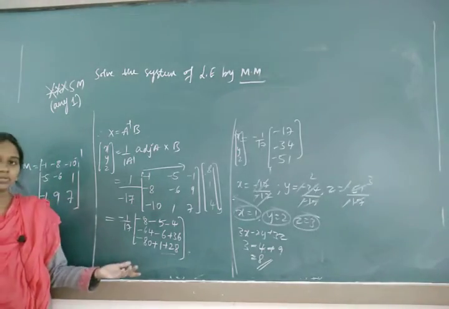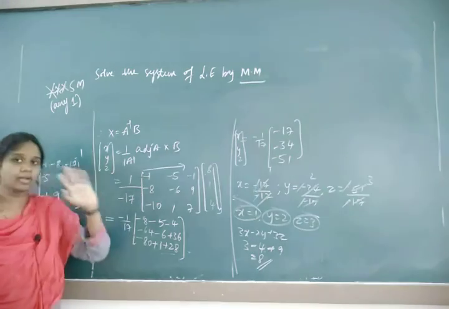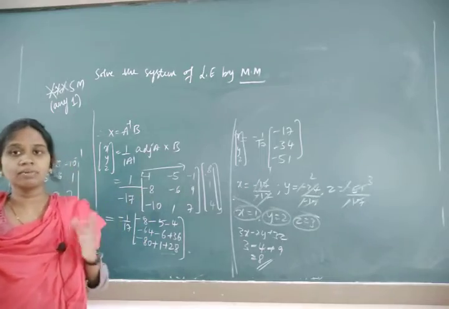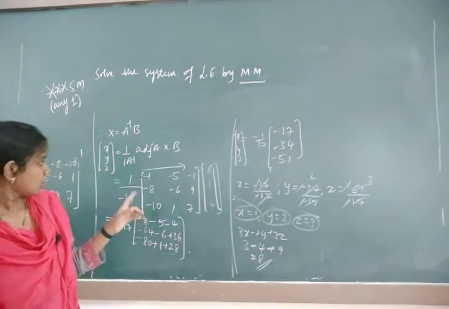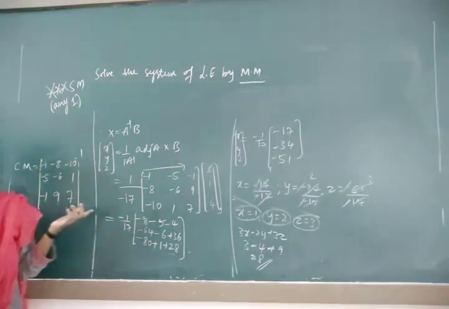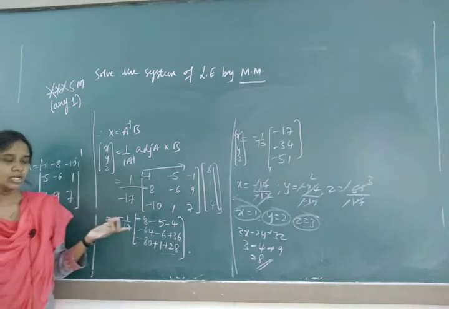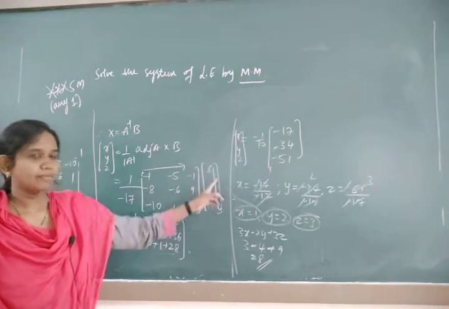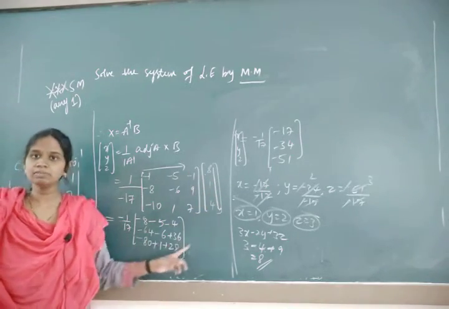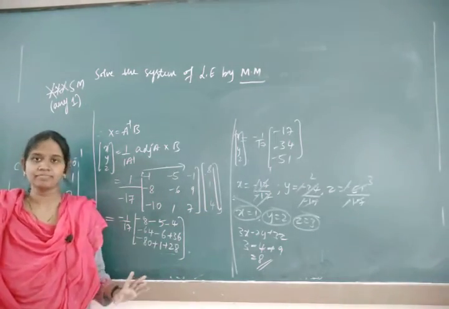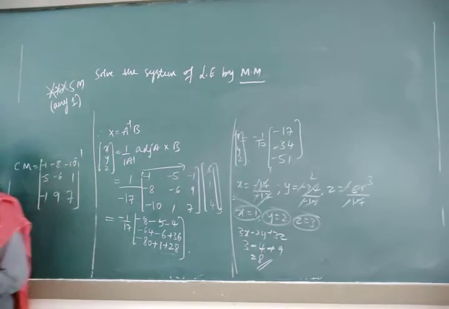So in this way we have to simplify, and it is compulsory for 5 marks. Compulsory. One question will be there. So I have written any one. Up to here it's not a new concept for you people. Cofactor matrix and adjoint. Remaining is only you have to multiply with the constant matrix, that is B matrix, and simplify. Okay, take one more problem.